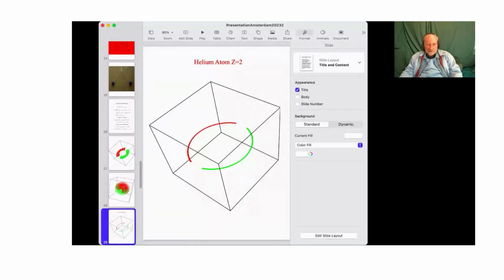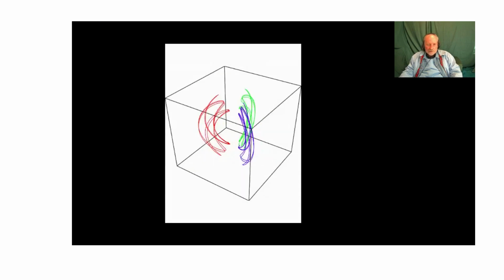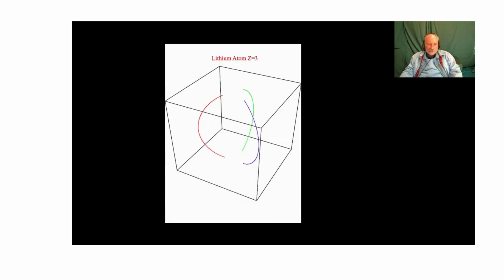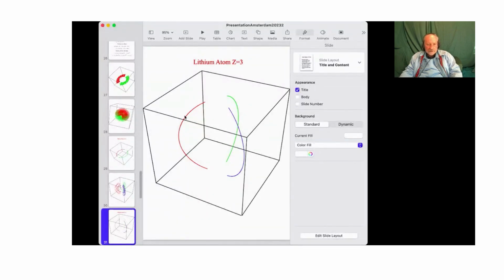So electrons are moving back and forth. Here they are oscillating back and forth, and here there is a collision zone due to repulsion. The electron is like that, back and forth. Now I extended it to many electrons. This is the first time, I know, really. This is three electrons, the lithium atom, and they are also doing the same. Each electron is oscillating back and forth. This is for three electrons.